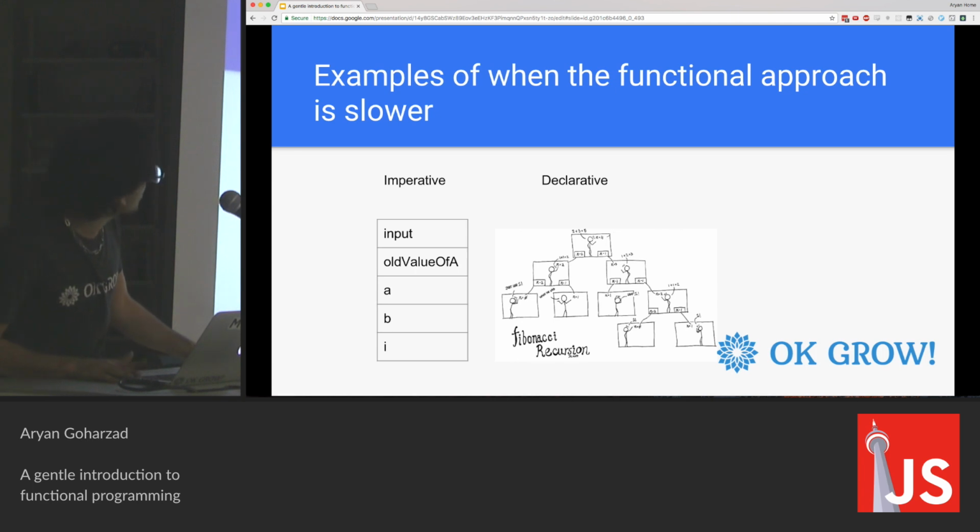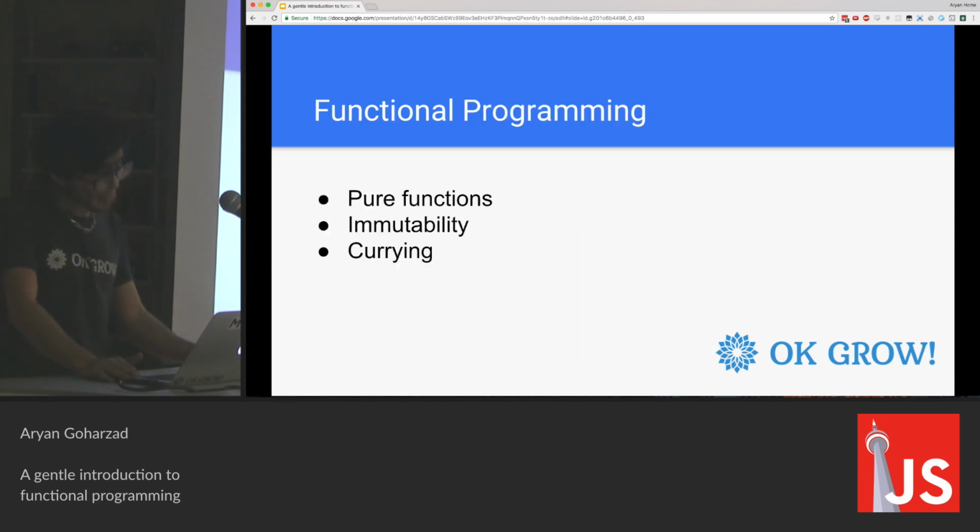So getting into functional programming, or the mindset of it, can be challenging at first, because there's a lot of new words and terminology to learn. So I'm going to just take you through the core principles and try to explain it as easy as I can. The 3 main principles of functional programming are pure functions, immutability, and currying. I'm just going to briefly go through each of these, but you could probably give a talk about each item, so I suggest looking them up and researching them.